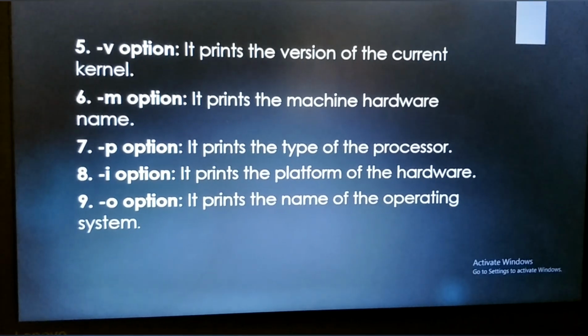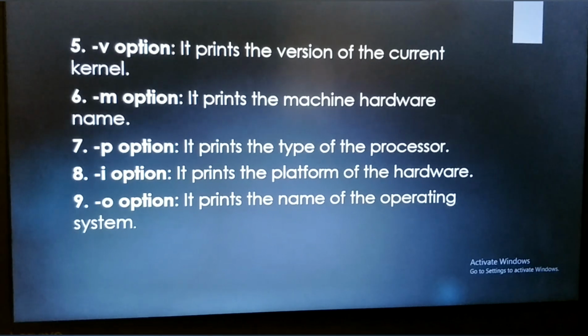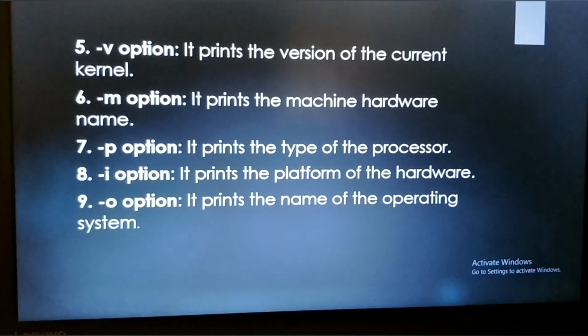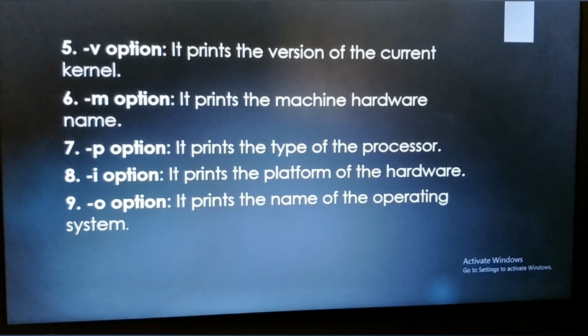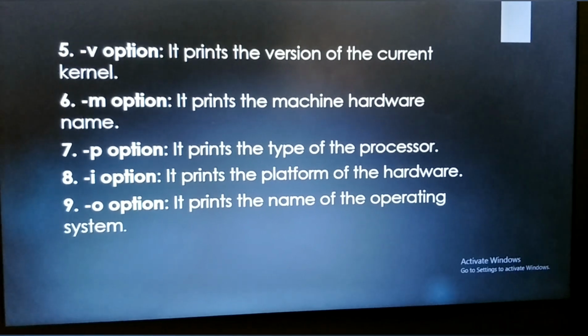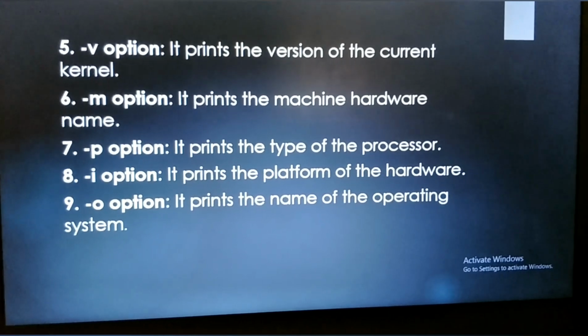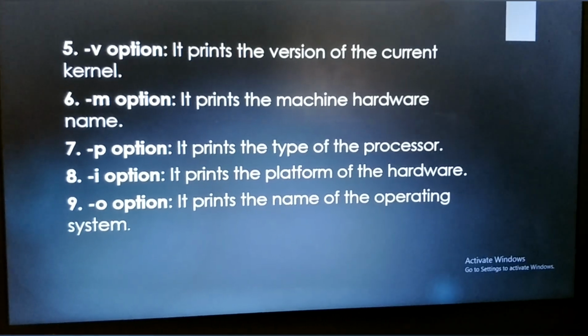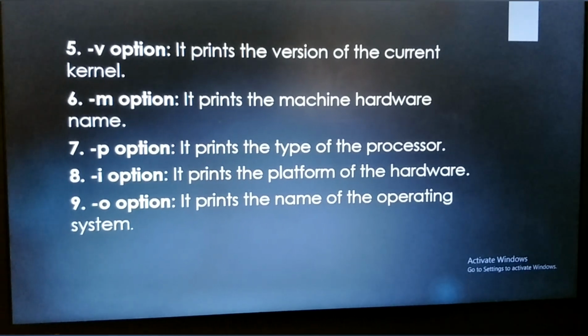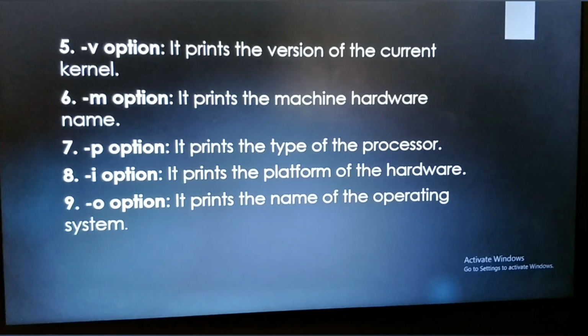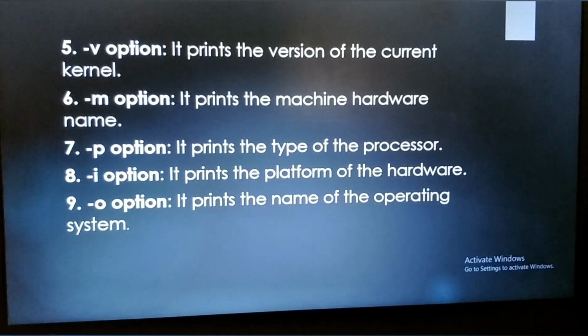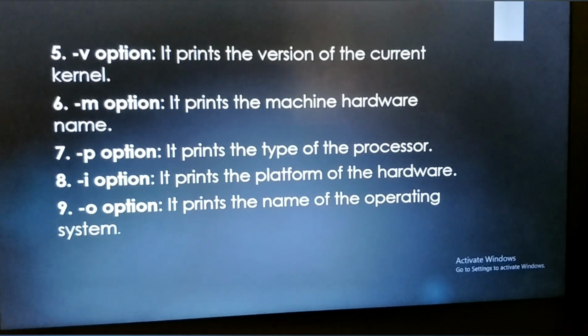Then the -m option prints the machine hardware name. The -p option here prints the type of processor we have. The -i option prints the platform of the hardware. And the last, the -o option, prints the name of the operating system.